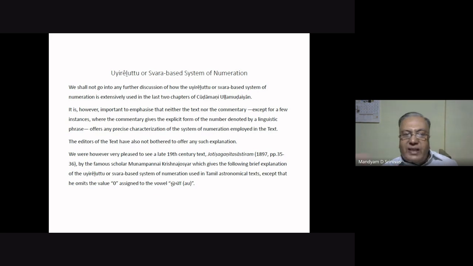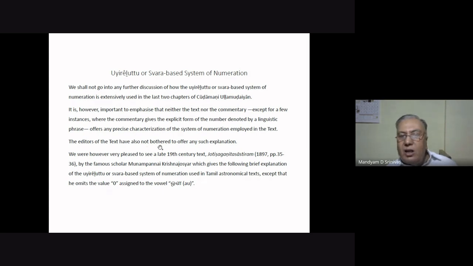We will not go into further discussion of how these numbers are used, but some final few comments. Neither the text, that is Chudamani Ullamudiyan, nor the commentary is stating what is the system of numeration. And in a few instances, the commentary gives explicitly the